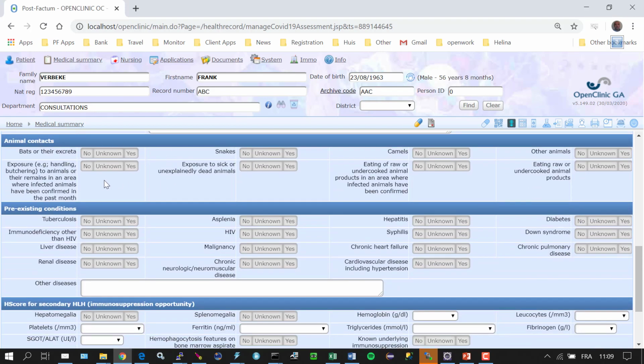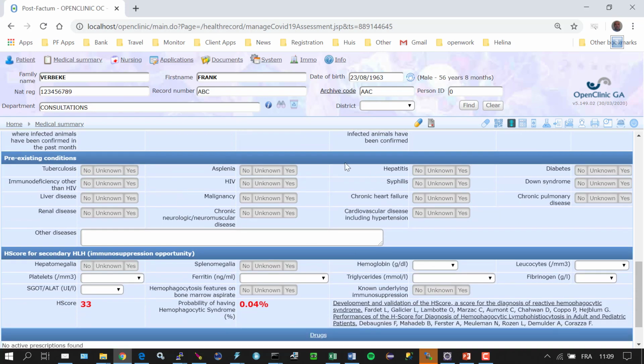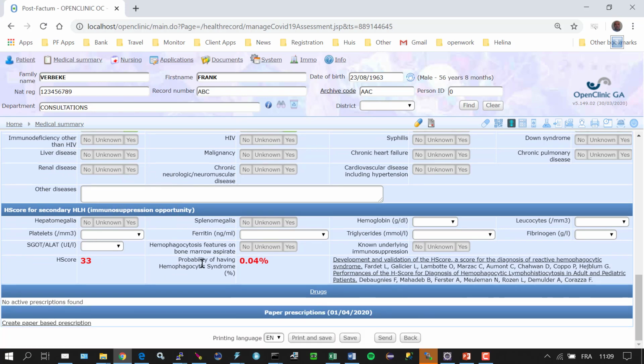We also want to keep track of possible contacts between humans, or the patient here, and animals, because we know that there are animals as an origin for this kind of infection, being bats, snakes, camels, and other types of animals. And we also want to keep track of pre-existing conditions, pretty much the same data entry screen here as for the triage section. What has been added here is another section where we can calculate the risk or the probability